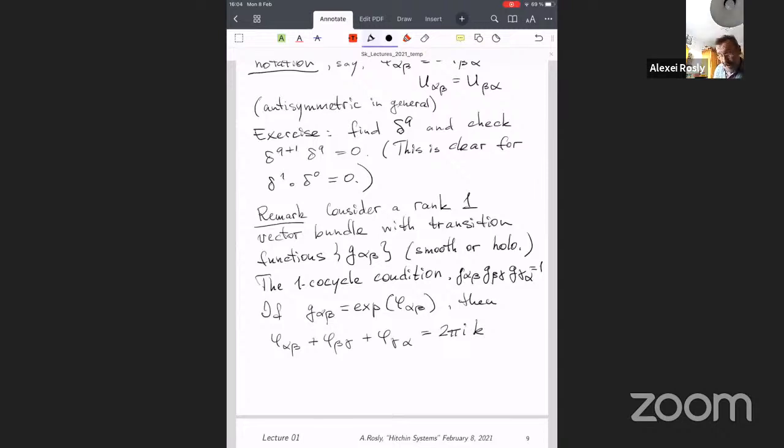So in this way, given a multiplicative cocycle, we get an additive one only up to integer numbers. And this will be important for us in some later lecture. But in the opposite direction,